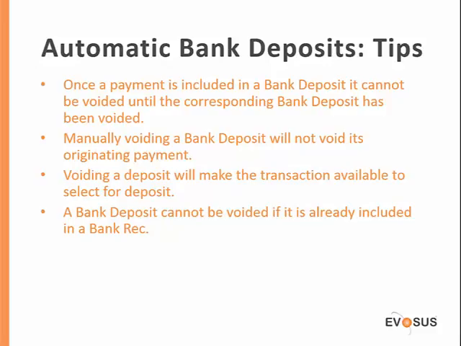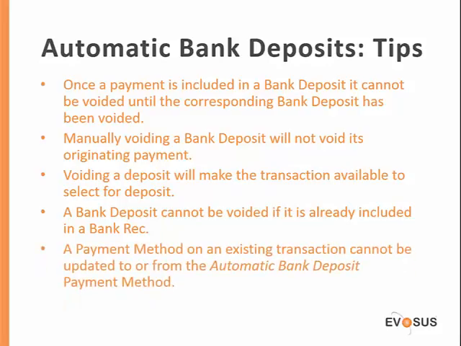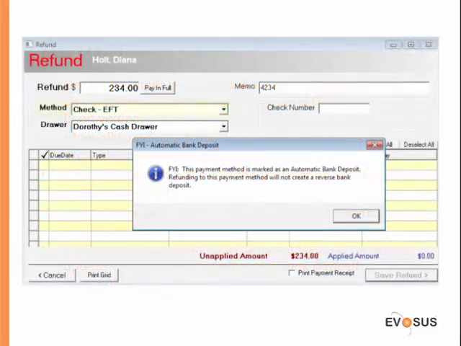Occasionally, you may need to go into Evosus to correct the payment method used on a transaction if someone has selected the wrong method. A payment method on an existing transaction cannot be updated to or from the automatic bank deposit payment method. When processing a refund for a customer with the automatic bank deposit payment method, you will receive